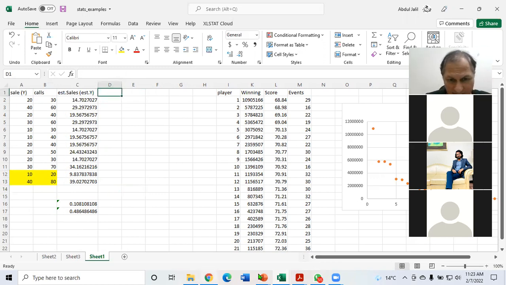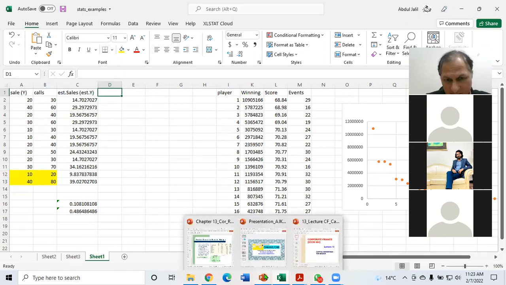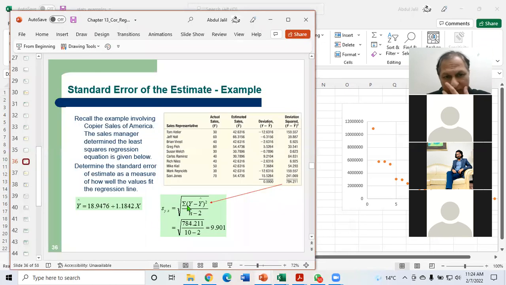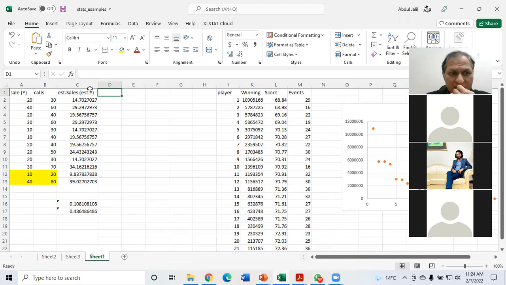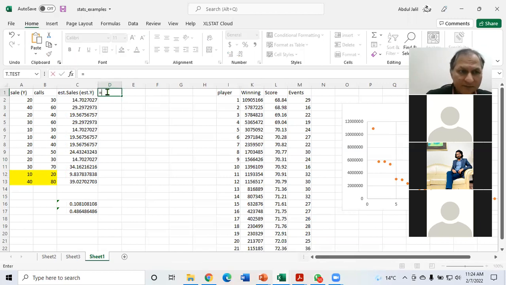Just like I have shown, this is the standard error of estimate you have to calculate. So simply you need to calculate this standard error. Very simple. Quickly, I will show it. Just like taking the square root of both, equal. This is the standard error, right? So equal to what? Actual minus estimated value. Take the square, because otherwise plus and minus values are going to cancel each other.